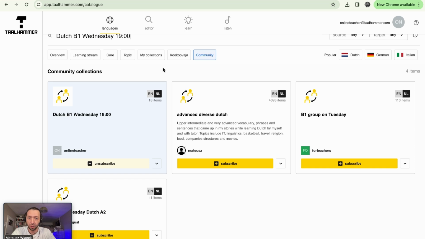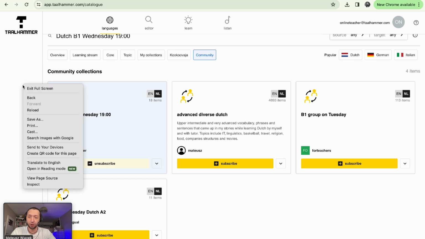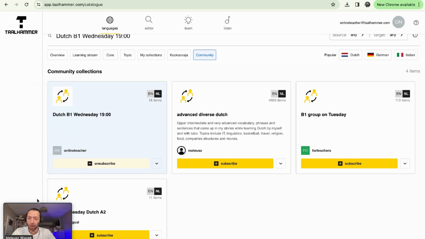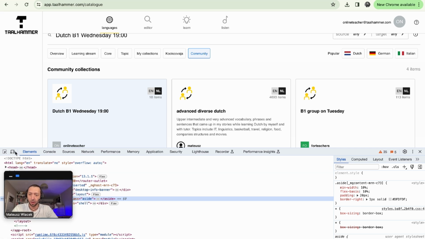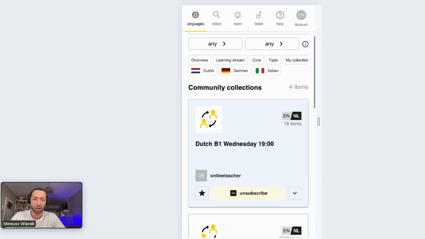Now, what we have been looking at is the desktop view. For your students, it might be interesting to work with a mobile app. So for that, I'm going to switch into a mobile view. It looks like that. And now there are two ways of repeating and learning the content that you have prepared for your students. The first one is the learning mode. So you're clicking on the learning mode,